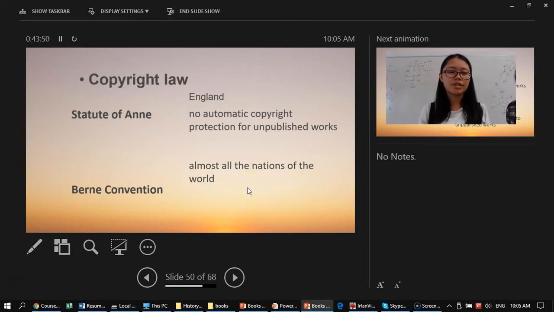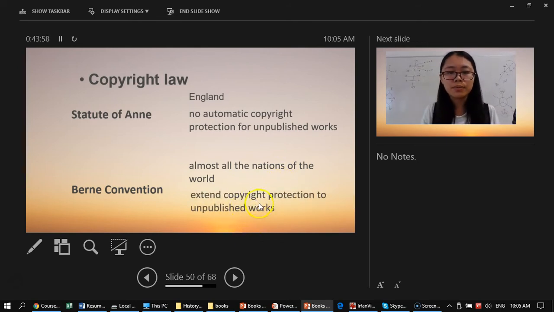One of the biggest changes implemented by the adoption of the Berne Convention was to extend copyright protection to unpublished works and remove the requirement for registration. In countries of the Berne Convention, this means that an individual or the organization they are working for owns the copyright of any book they produce as soon as it is recorded in some way, be it by writing it down, drawing, filming, etc.